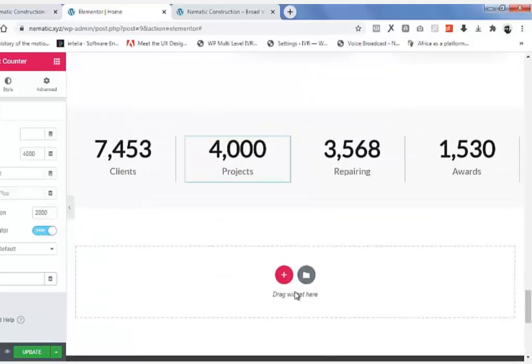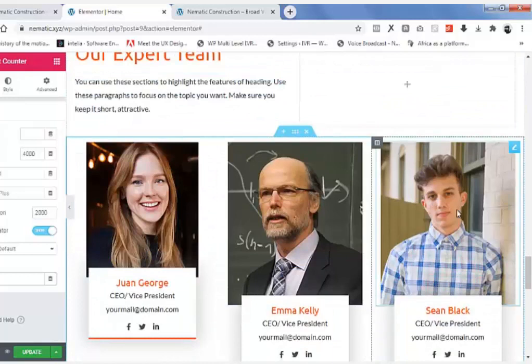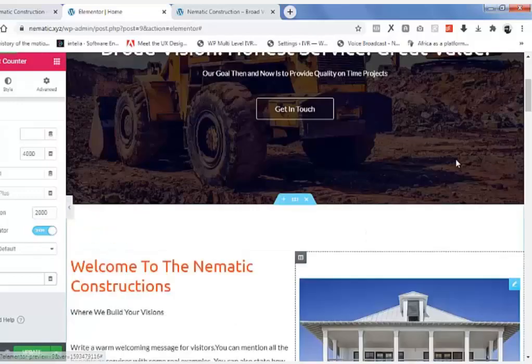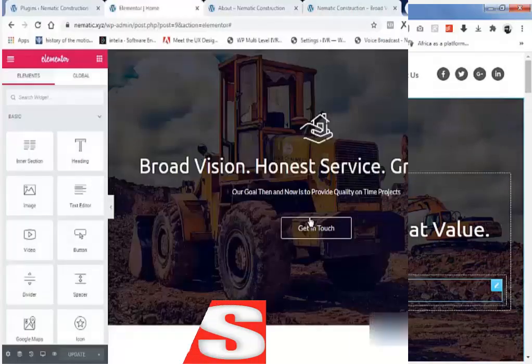Okay, so we are actually done with the first page, and I would like you to complete this one yourself. You have this picture in the exercise folder, which is called T3. Change the name and also change the email address, and also you can edit the text of that. So we have successfully edited the home page. In the next session of the tutorial, we're going to be editing the about page. I'm going to see you there.